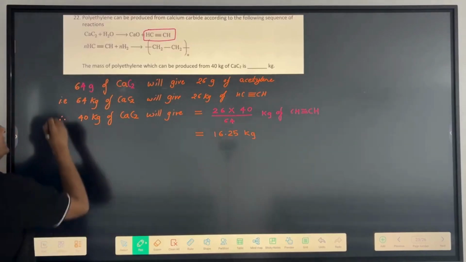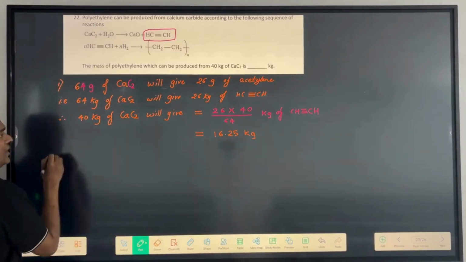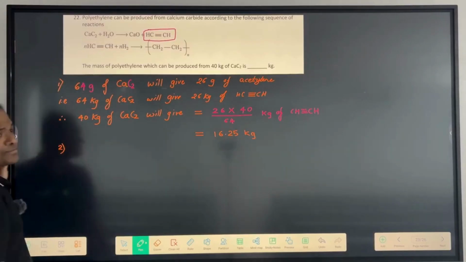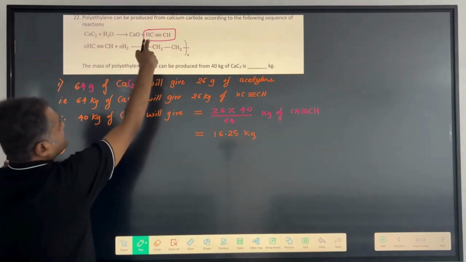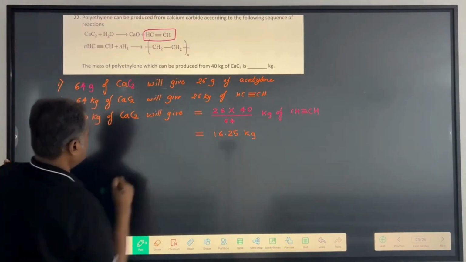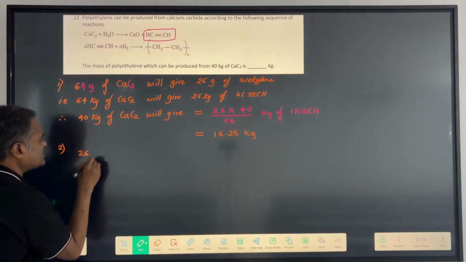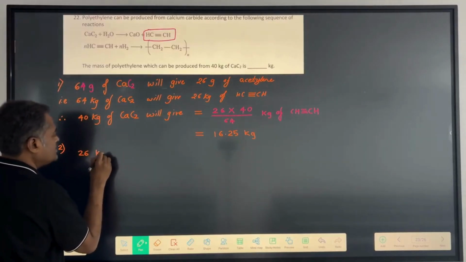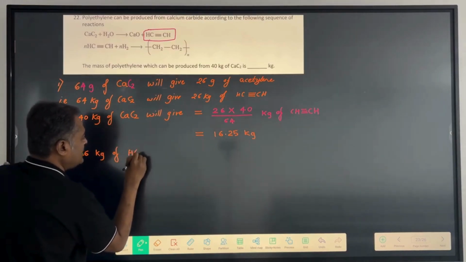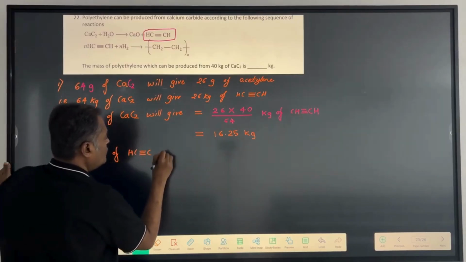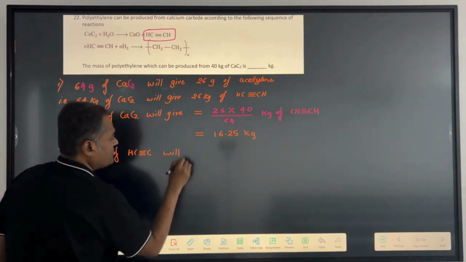So this was the first part, now it will be the second part to calculate. Now what is the second part to calculate? Again you can see acetylene is how much given? Yes. So 26 kgs of acetylene will give